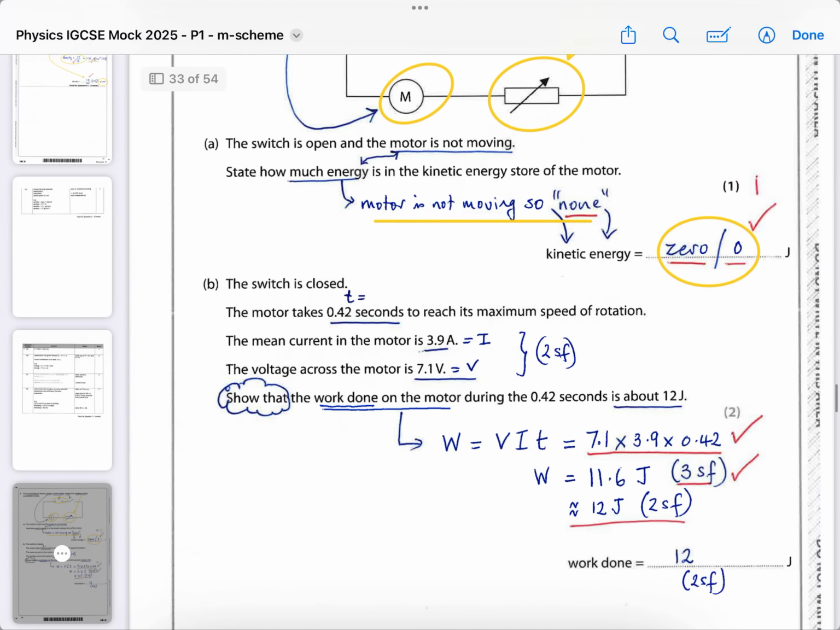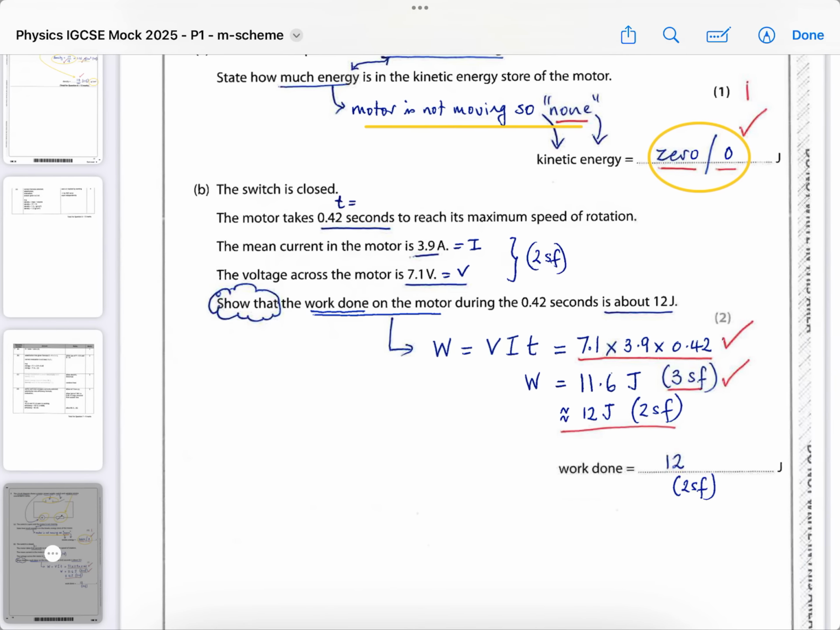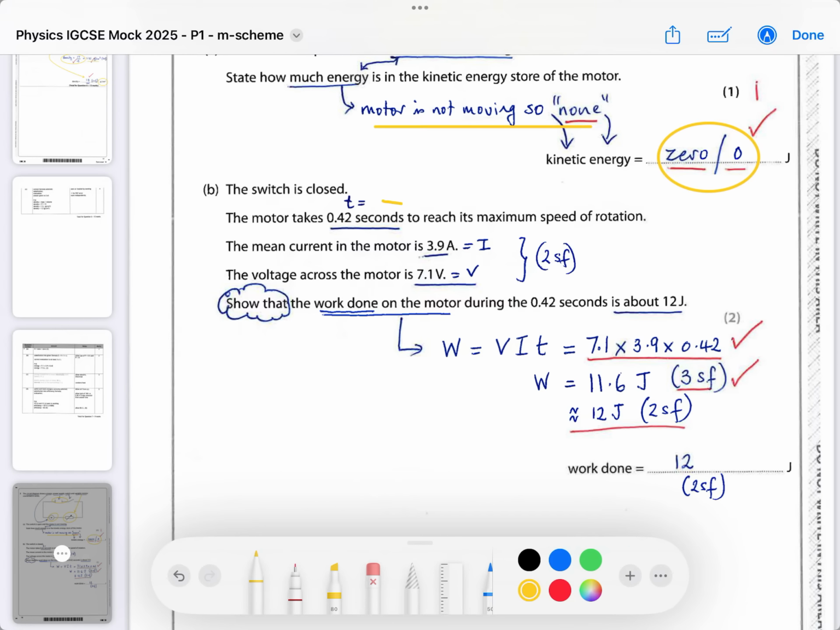Okay, the switch is then closed and the current will flow. The motor takes 0.42 seconds to reach its maximum speed of rotation. So they're telling you that it takes 0.42 seconds to reach its maximum speed of rotation. The average current, or the mean current, is given, and the voltage across the motor was about 7.1 volts. Again, to 2 significant figures. They're giving you the voltage, the current, and the time. They want you to show